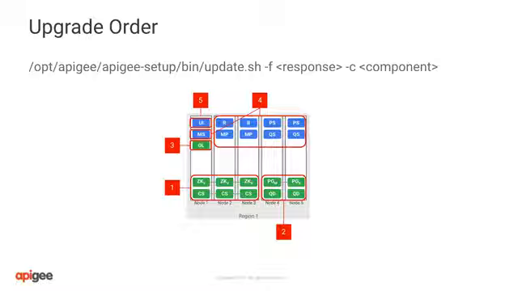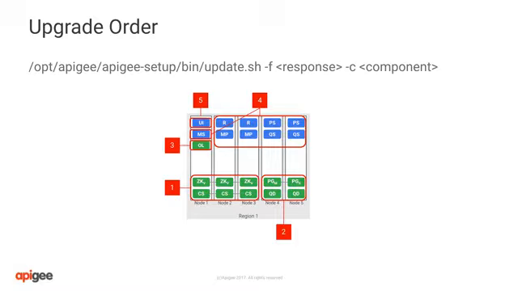First, we will upgrade all CS and ZK components. These are on the data stores on hosts 1 through 3. Next, we will upgrade all Qpid and PS components. If they were on separate hosts, you would upgrade Qpid first, then PS, but because they are stacked together on hosts 4 and 5, you can run them simultaneously.